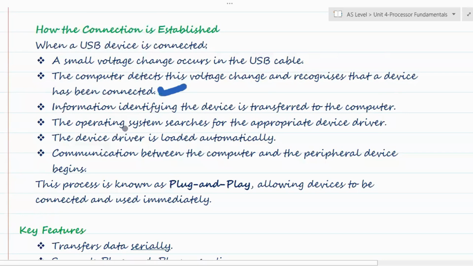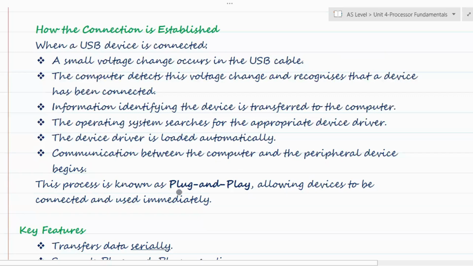The operating system checks its list of available device drivers and searches for the correct one. Once the appropriate driver is found, it is loaded automatically. After that, communication between the computer and the peripheral device begins.